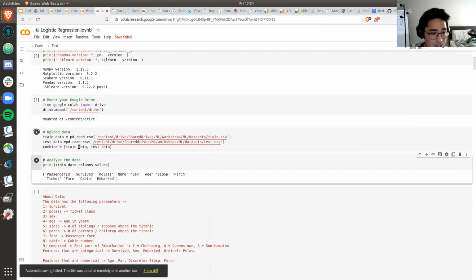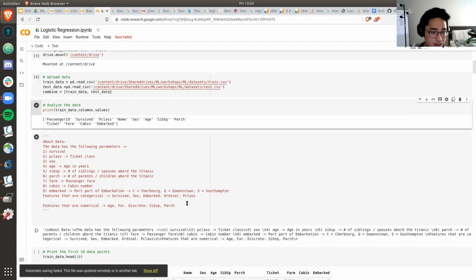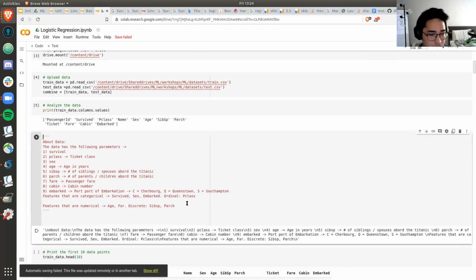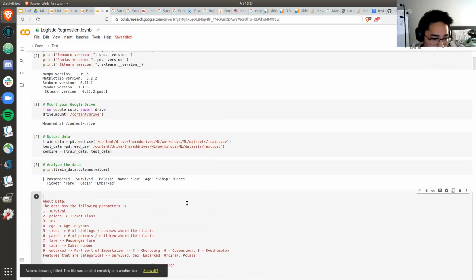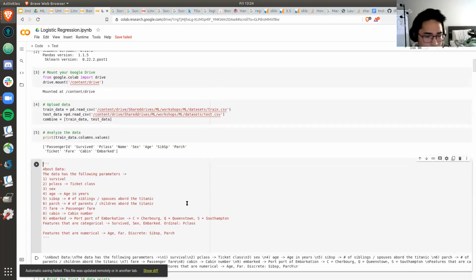Of course, like I said, you want to analyze your data so that you know what parameters you're working with and what each feature means. In this case, we're working with a Titanic data set, meaning we're trying to predict, based on these parameters, the survival probability.